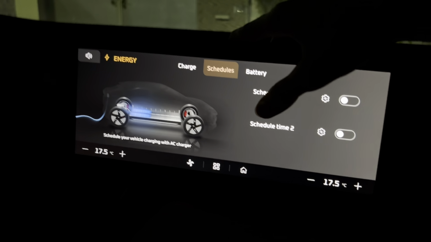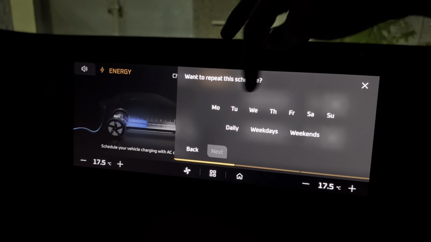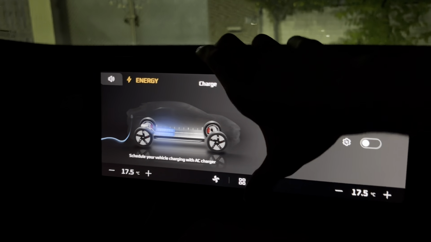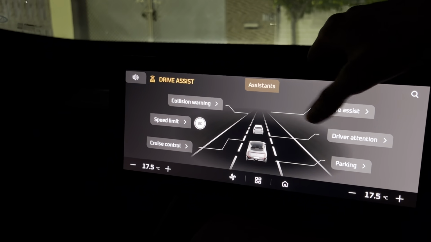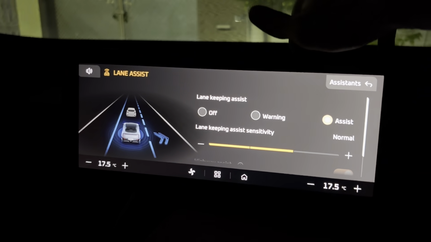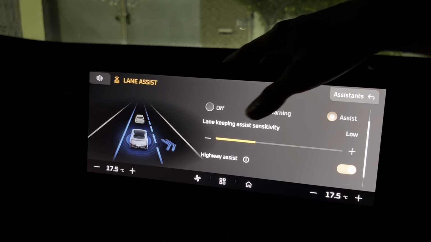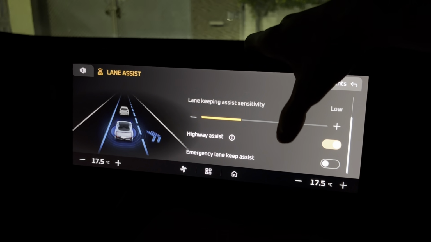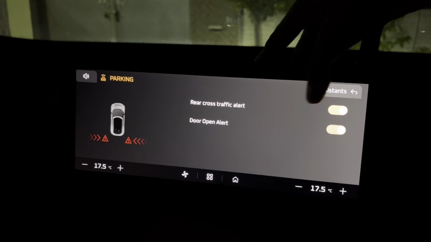So you just connect the charger, and then you can see that this time the car will start charging and that time it will stop, so you can schedule a charging. Then you can go to drive assist. All of this is now reset to the basics, so lane keep assist, sensitivity, highway assist, emergency lane keep assist, then driver alert, parking,